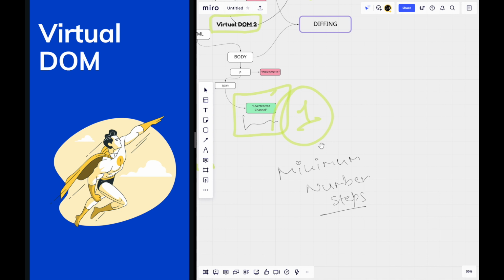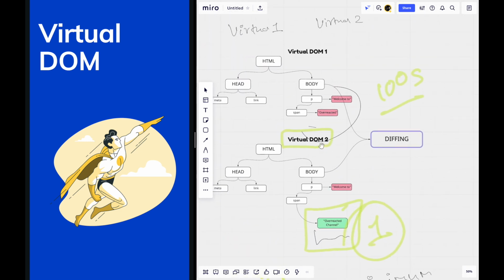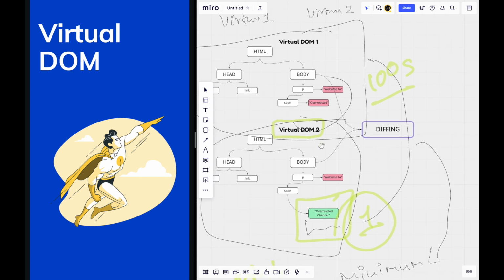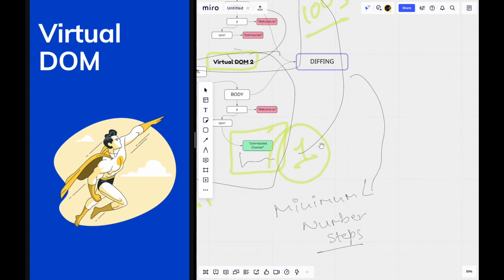So if you see here, this virtual DOM 1 still resonates with the actual DOM, and virtual DOM 2 is updated. And comparing the 2 DOMs, we found the differences, and with the diffing algorithm, we found the minimum number of steps required to bring those changes. Now we have the minimum number of steps required. Now what React will do in the reconciliation step is send all those changes. Let us say there are X number of steps. It will apply all those X steps in one batch